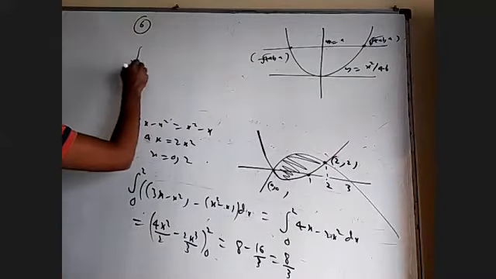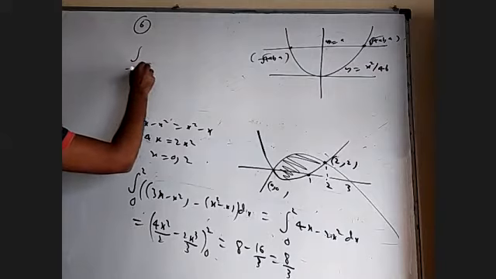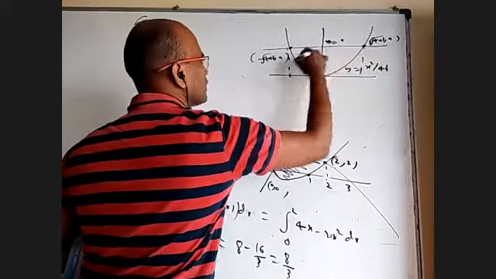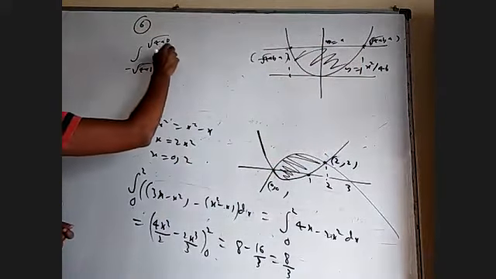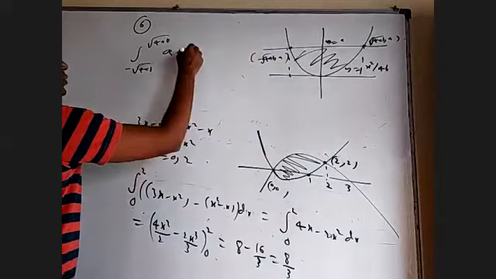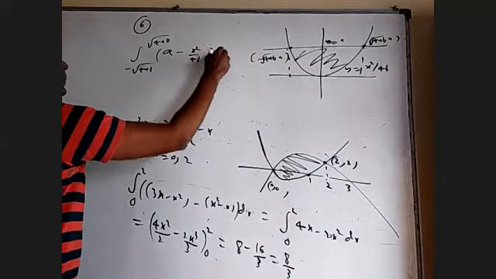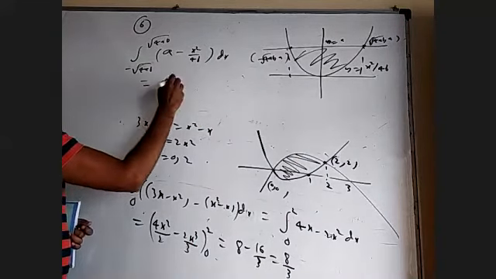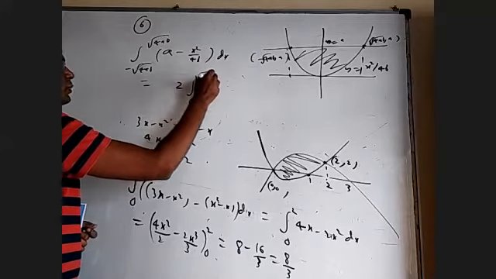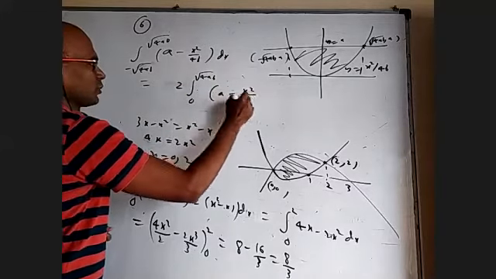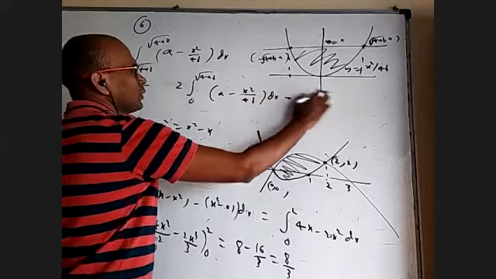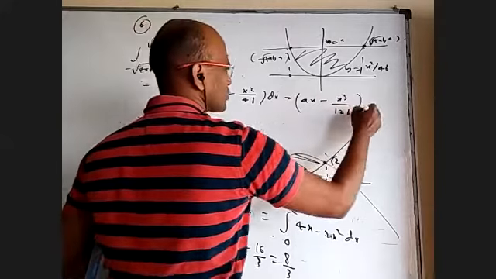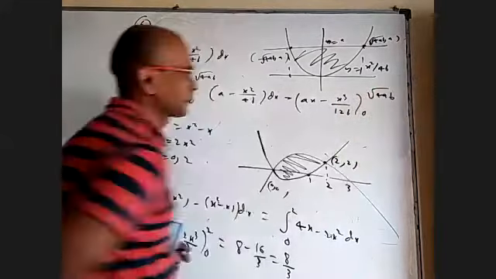So integral minus root 4ab to root 4ab. From here to here, we want this area. Upper curve is y equal to a line, and lower curve is y equal to x square by 4b dx. A integral, you can even write this as 2 times 0 to root 4ab a minus x square by 4b dx, because it is even function, and then ax minus x cube by 12b, substitute 0 to root 4ab.